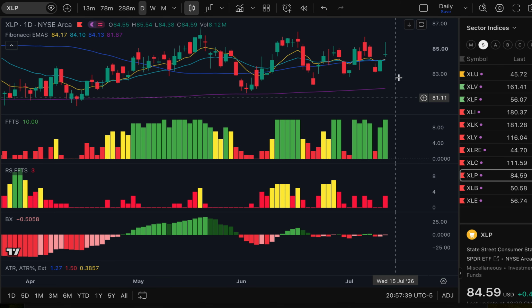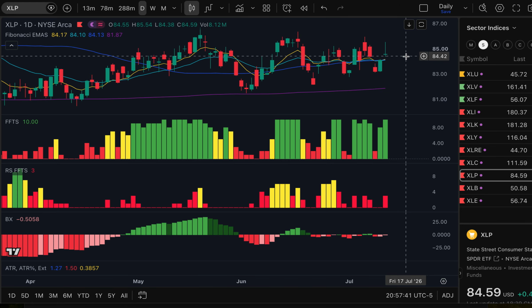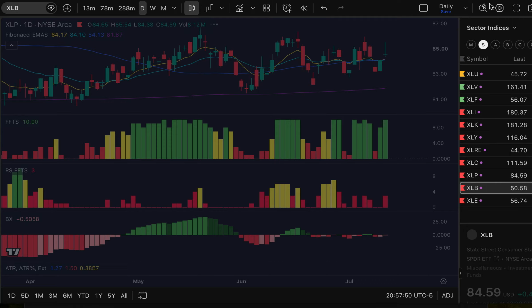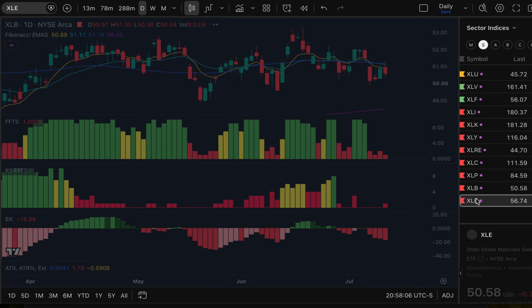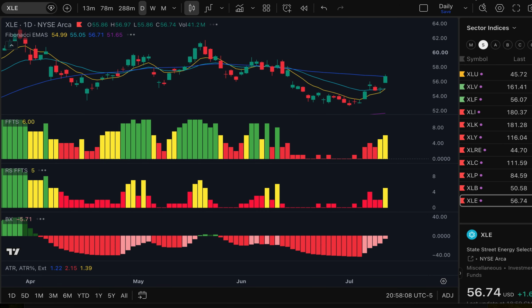XLP, consumer staples, 10 out of 10 on the trend, but only 3 out of 10 on the relative strength trend. Momentum is just slightly negative. Materials sector, XLB, 1 out of 10 and 1 out of 10 on the trend and relative strength trend. Momentum is negative. And finally, XLE, the energy sector,